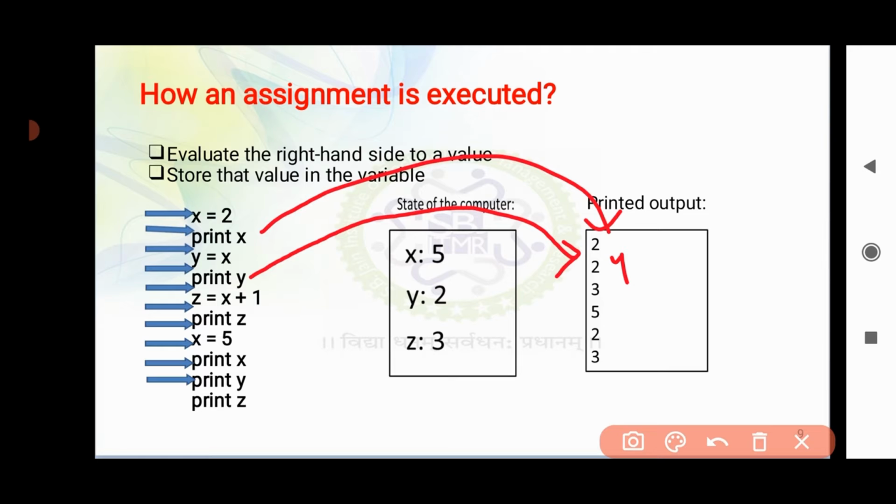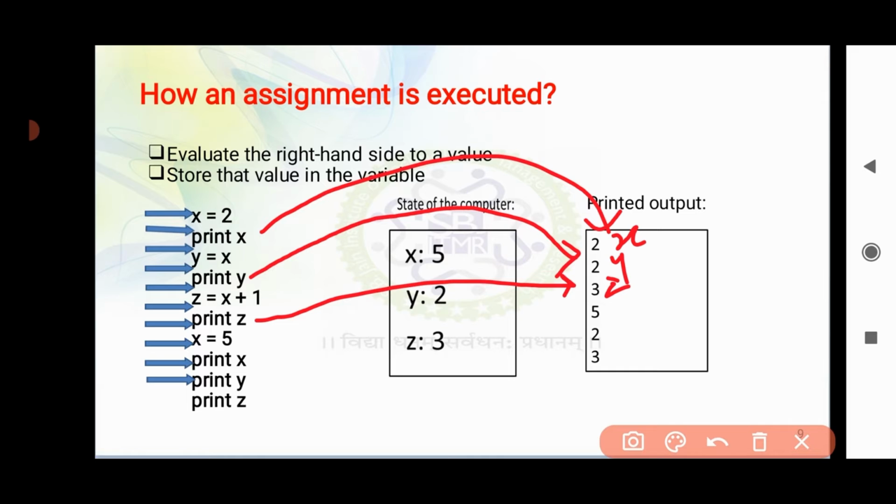Next we have another new variable, z is equal to x plus 1. Earlier we have the value of x as 2. Now z is equal to x plus 1, that means 2 plus 1, and hence when we print the value of z, it will be 3.